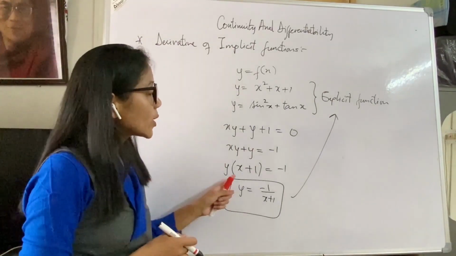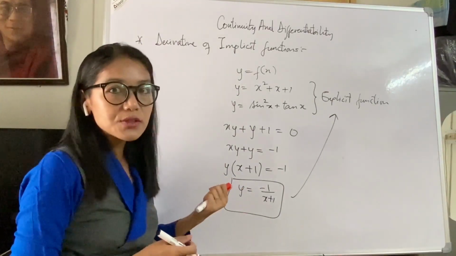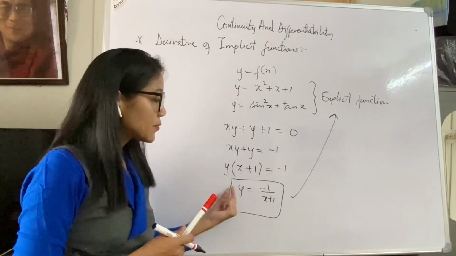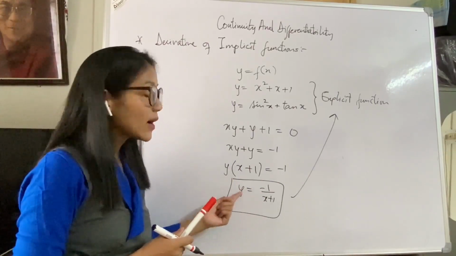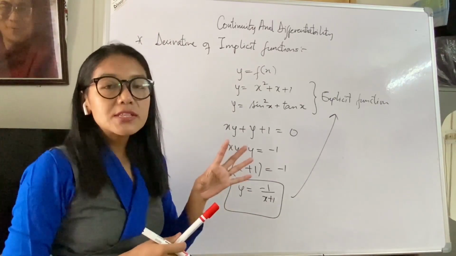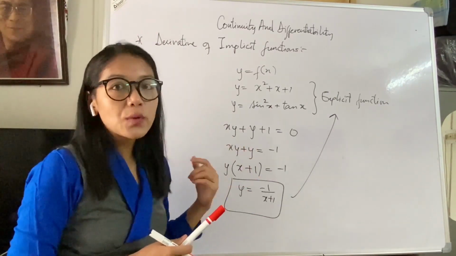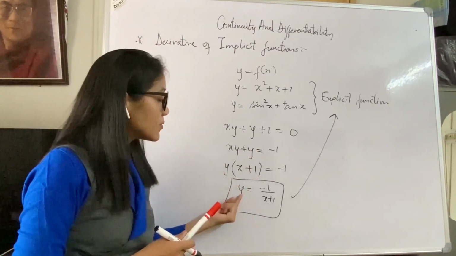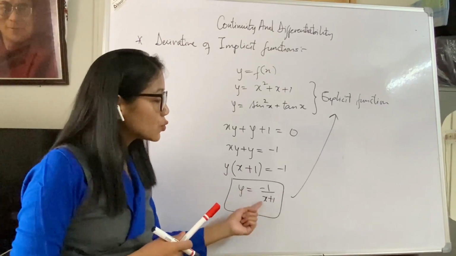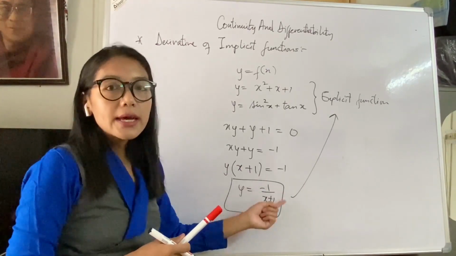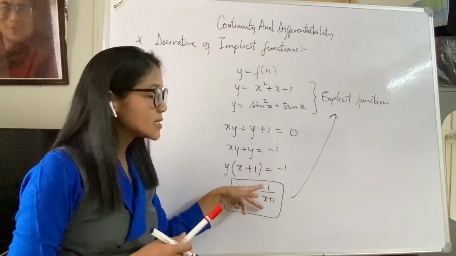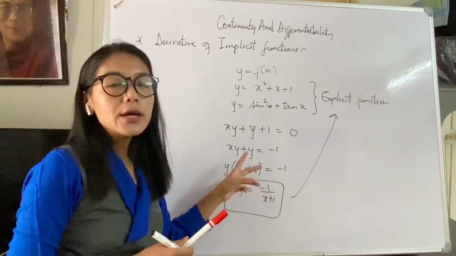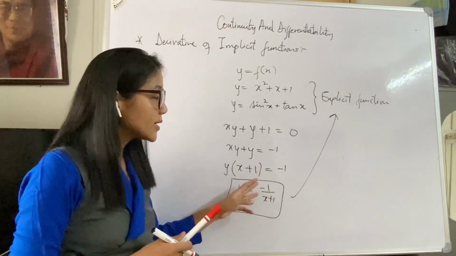Okay, so when you have such a function, then you can easily differentiate it by differentiating both sides. So you will get here dy by dx. Derivative of y with respect to x is dy by dx. This is how we write. So dy by dx is equal to, and to find the derivative here you will apply the quotient rule because the function is in terms of a fraction. So you will apply the quotient rule and then you will find the derivative. Okay,